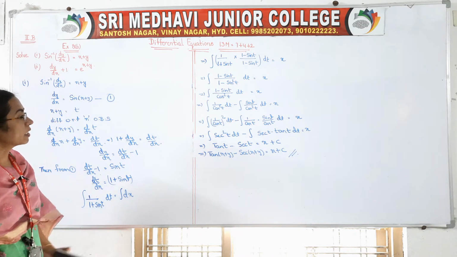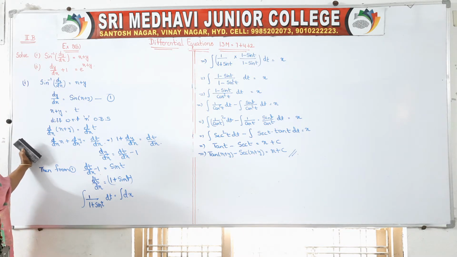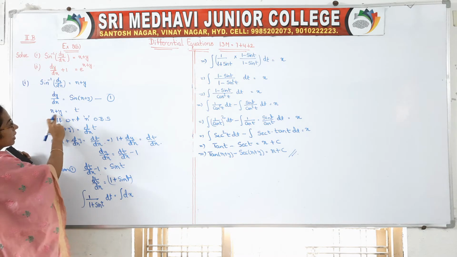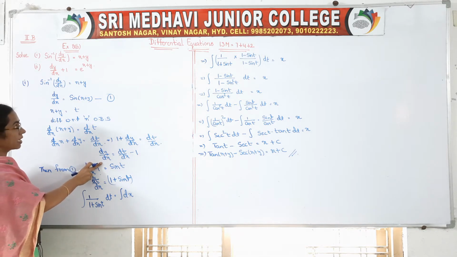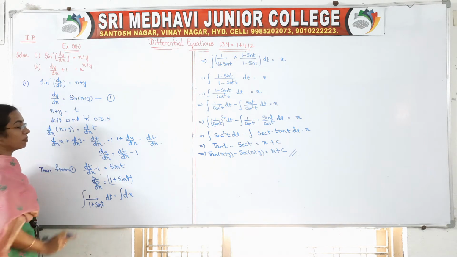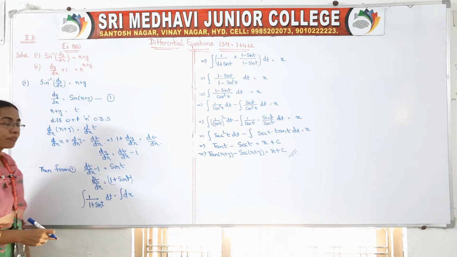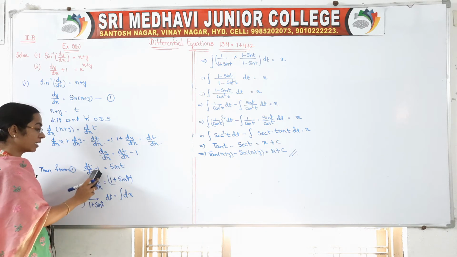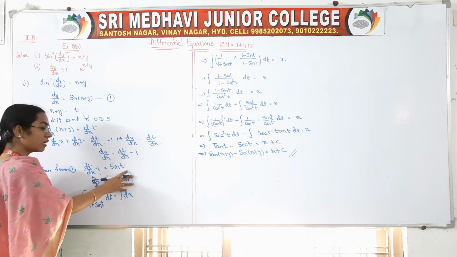So this is your 7 marks problem. Whenever sin of x plus y or tan of x plus y is there, we have to take that x plus y as equal to t. Then differentiate with respect to x on both sides. Then you get dy by dx. If we substitute that value, in place of dy by dx we take dt by dx minus 1 and sin t. Sending the minus 1 to the other side, it becomes plus 1 plus sin t. So these are the t terms.